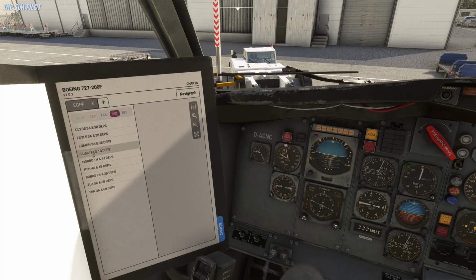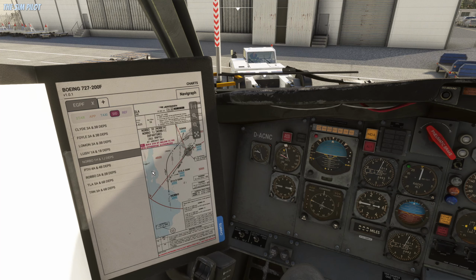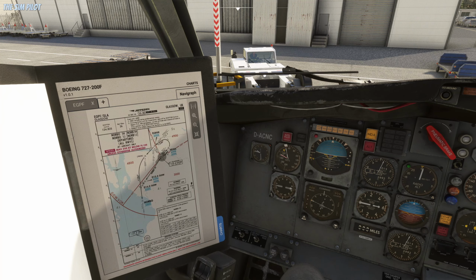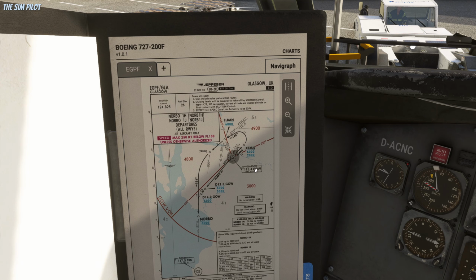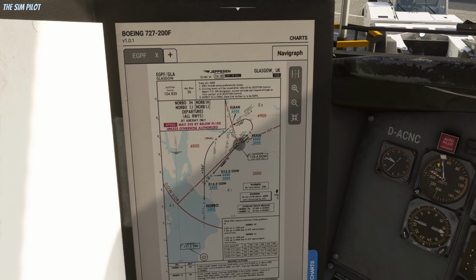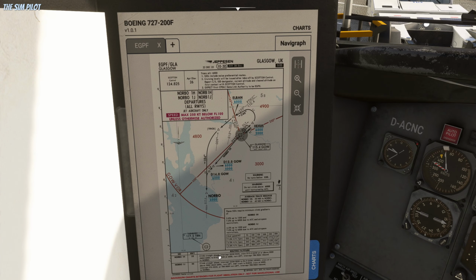Sorry about that. That's our departure. Let's make it full screen. And here we are. We need this VOR because according to the instructions we read earlier, it says climb straight ahead, intercept Glasgow on radial 225. This is 225. And we'll fly 225